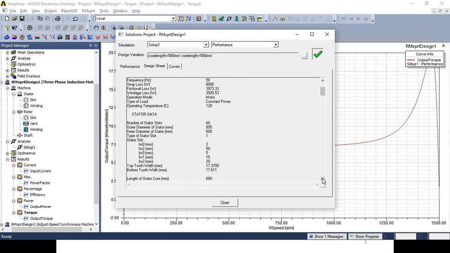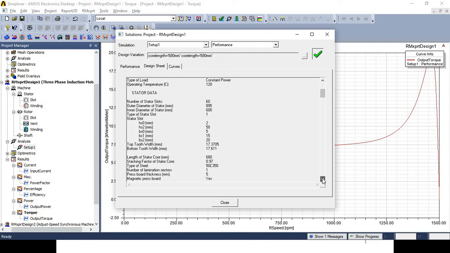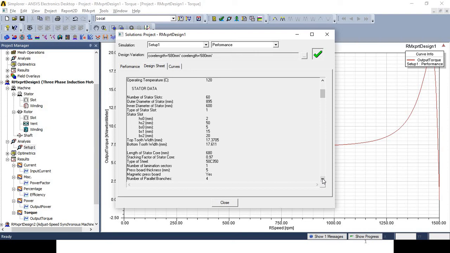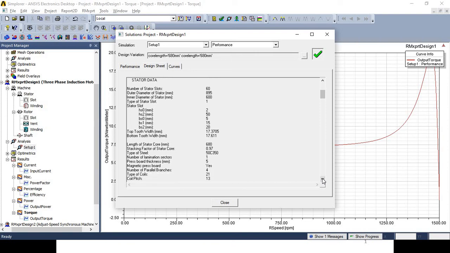Then in case of the stator data, you will get the information about the number of stator slots, outer diameter of the stator in mm, inner diameter of the stator in mm, type of stator slots, then stator slot geometry parameters like HS0 in mm, HS2 in mm, BH0 in mm, BS1 in mm, BS2 in mm, then top tooth width in mm, then bottom tooth width in mm, then length of the stator core in mm, stacking factor of the stator core,